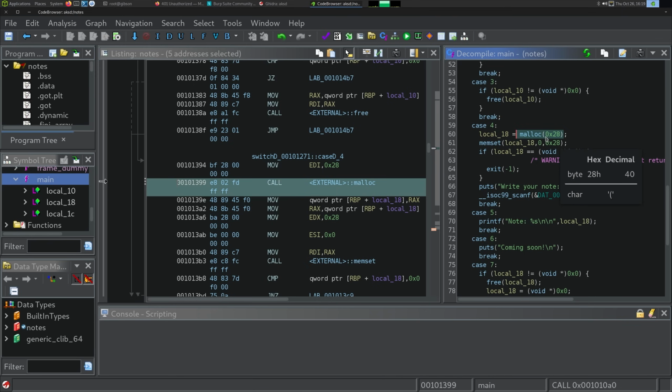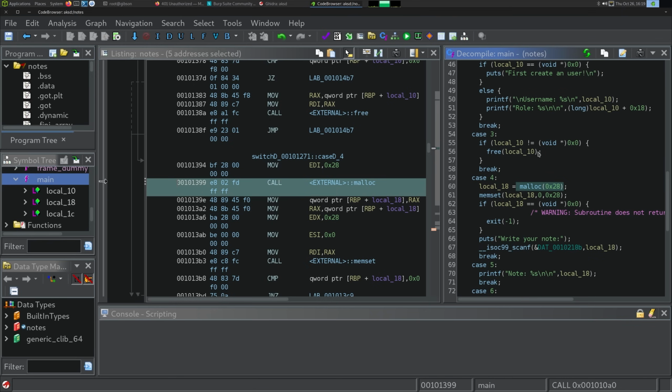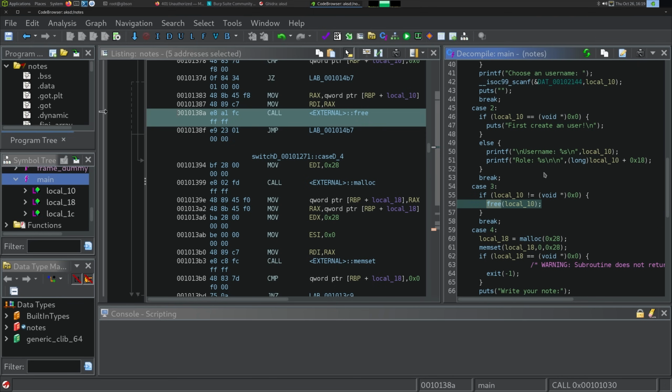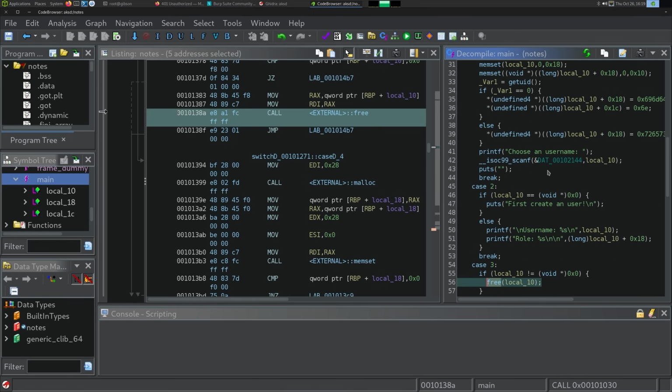We're just assigning memory, right? So if we look at the user, we only see it using a free on local 10. And what that does is erase the data or free up the memory where that memory was, right? It doesn't actually unset the pointer. We would need to do like local 10 equals null to unset the pointer here. And because the pointer is not unset, so what's happening is